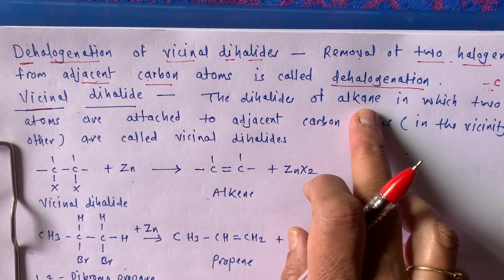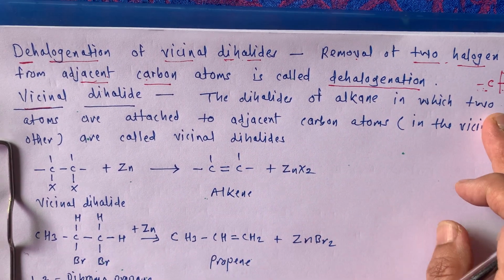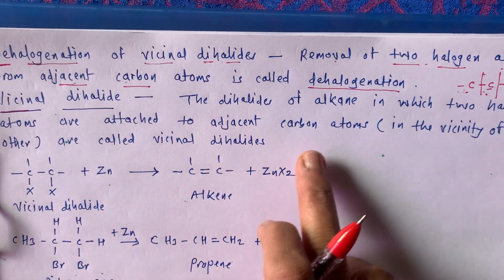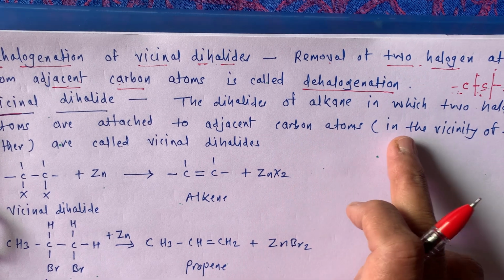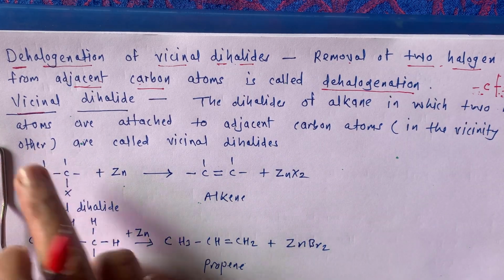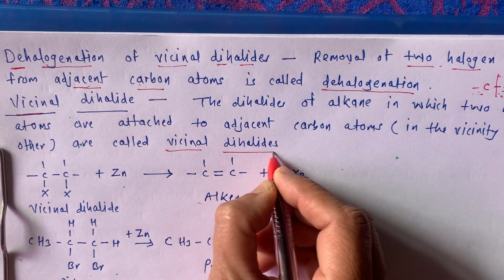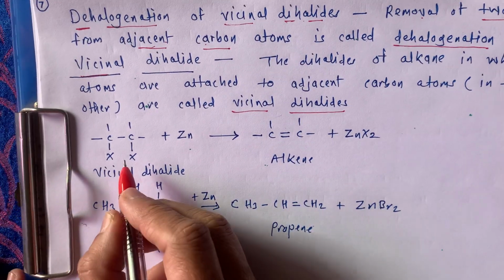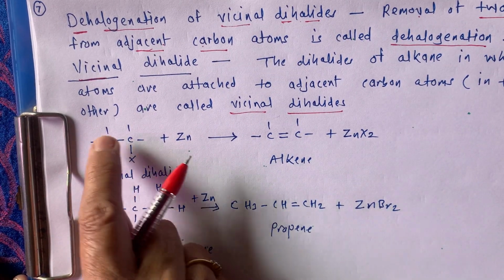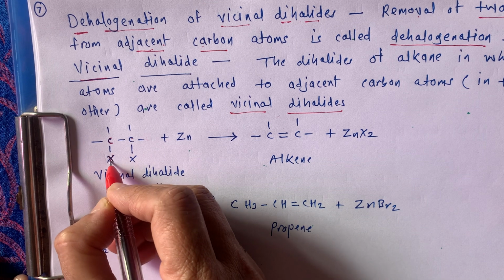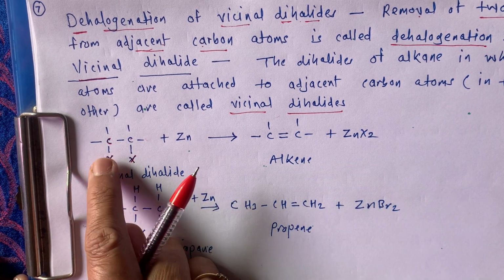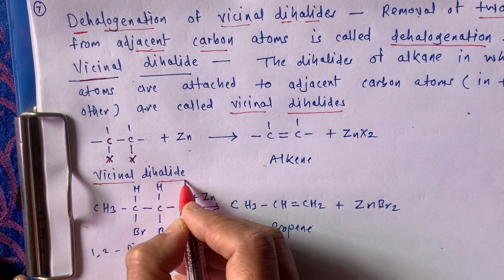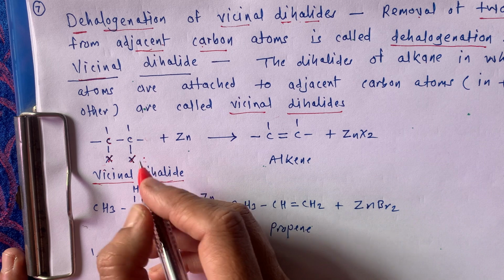The dihalides of alkane in which two halogen atoms are attached to adjacent carbon atoms, meaning in the vicinity of each other, are called vicinal dihalides. See here the example. These two carbons are here, and to both carbons there is one halogen atom, that is X, attached. Both are in the vicinity of each other. So this is our vicinal dihalide, and for this